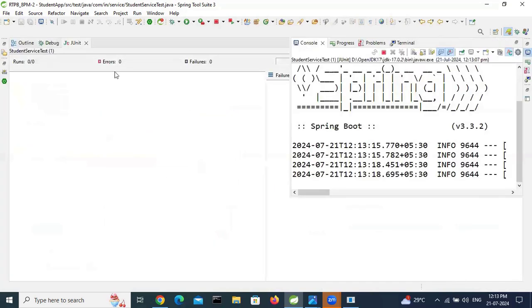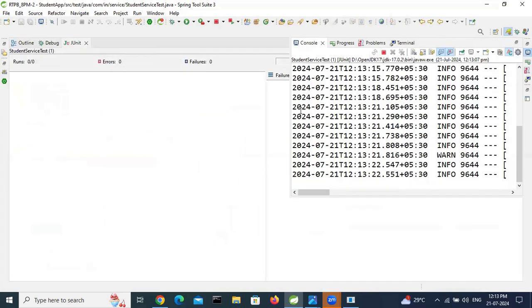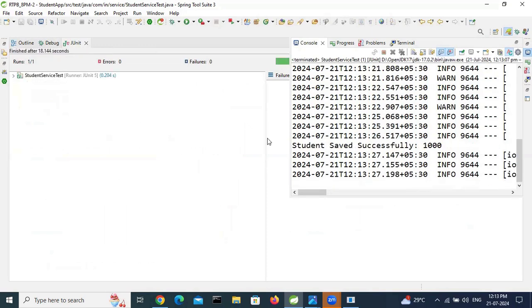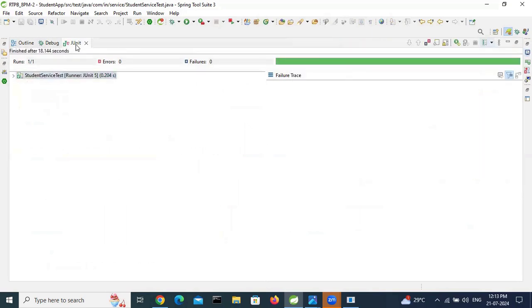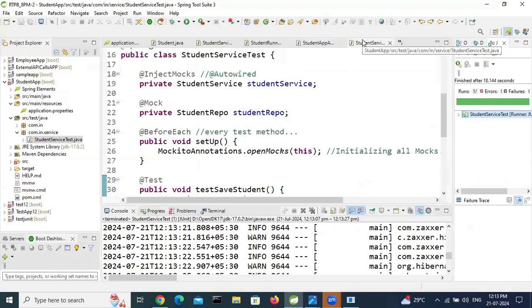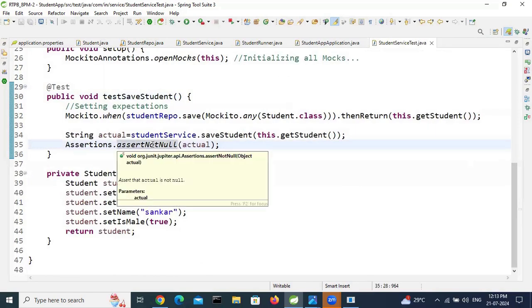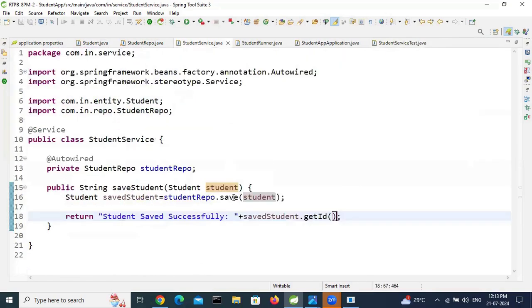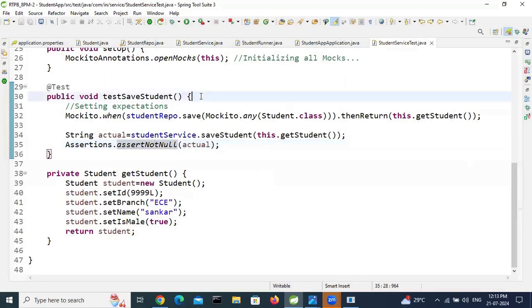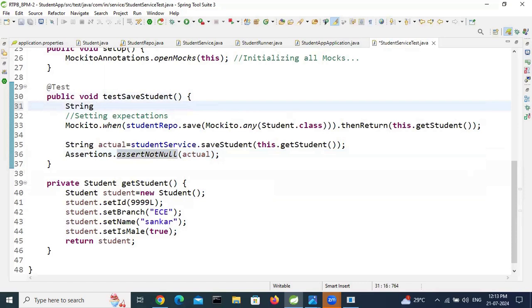Here, JUnit console. So starting the Spring Boot application. Let's wait some time. See, now the test case is green, so it is passed. So as of now, we have verified whether it is not null or not, right? Now it will return this message, right? Control C,